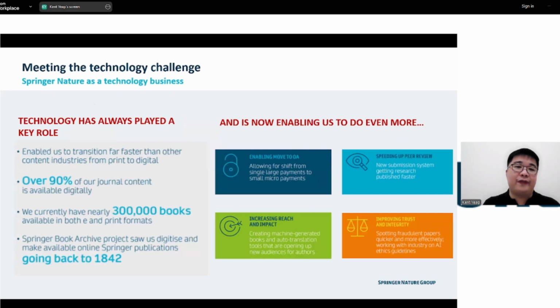And one way to innovate is obviously to embrace technology. And because of that, being a technology first kind of company, we've embraced technology in a lot of our processes and a lot of our products and services. And now we publish over 90% of all our journal content, including those that are over 180 years old, digitally available on our platforms that we'll be showing you today.